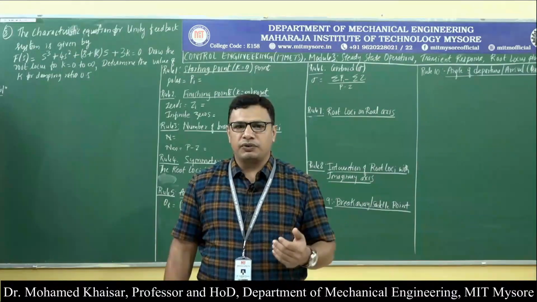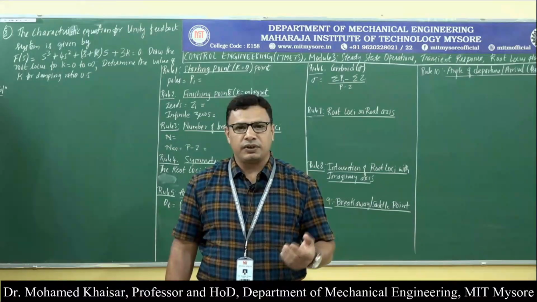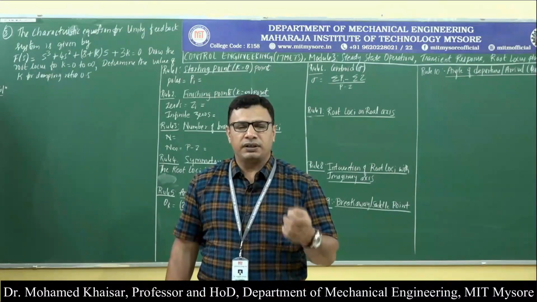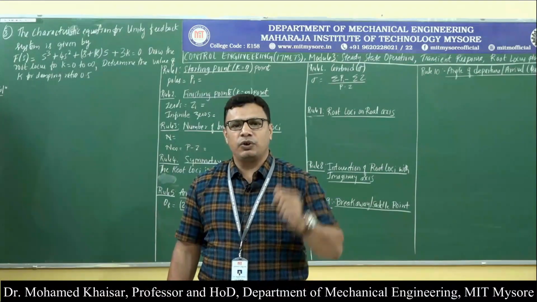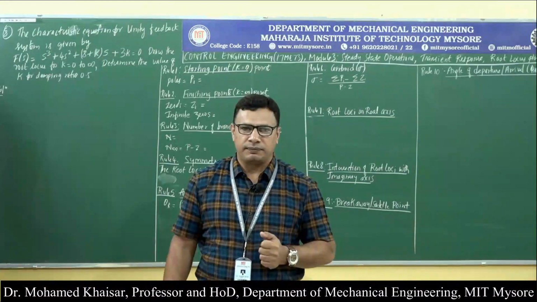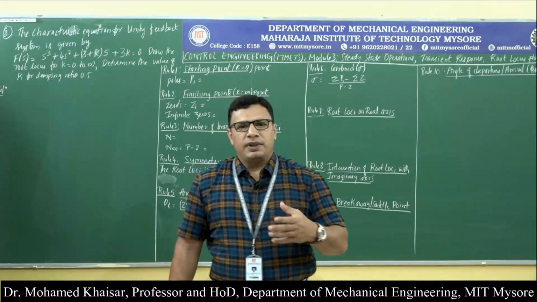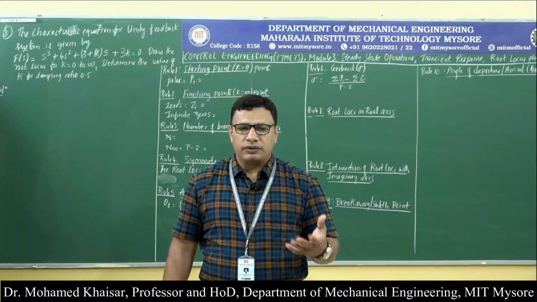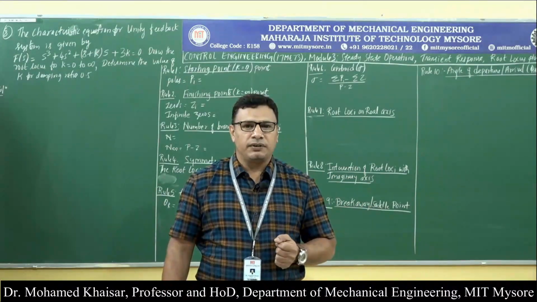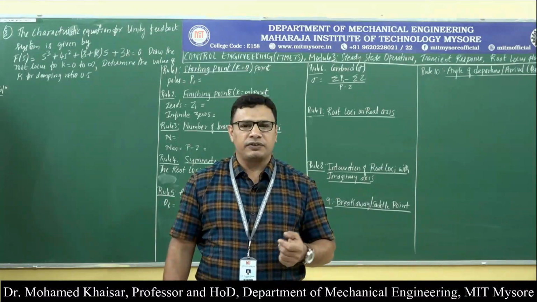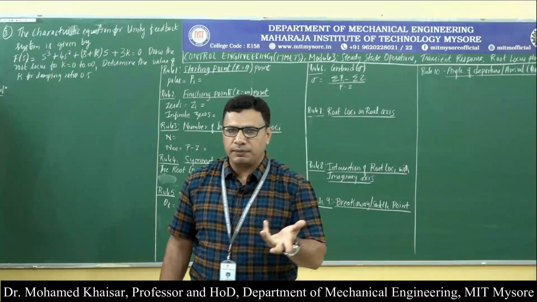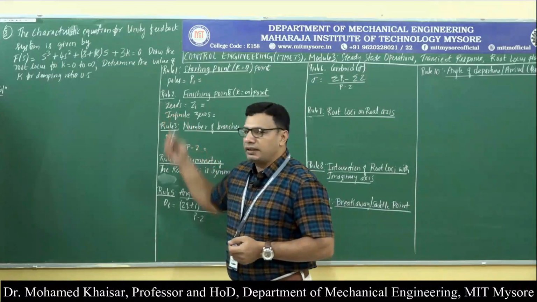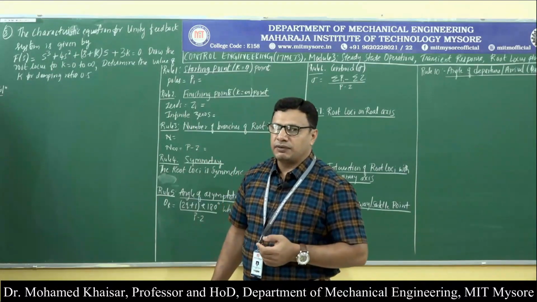We need to start the procedure only when we ensure that the given system is brought to the open loop transfer function G(s)H(s). The question may have been asked in any different form. It may be a block diagram circuit given to us, it may be a signal flow graph, it may be a closed loop transfer function C(s)/R(s), or it may be, like in the present question, a characteristic equation.